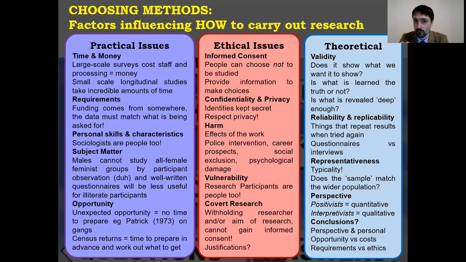Generally speaking, and simplifying horribly, but this is A-level, so we'll simplify a bit. But generally speaking, there are two types of sociologists. There are positivists and interpretivists. Generally speaking, there are more, I know. Positivists tend to view sociology as being more scientific, as being a way of predicting human behavior and understanding things on a scientific basis. Sociology as science, as a study of human beings. And to that end, they tend to prefer quantitative data.